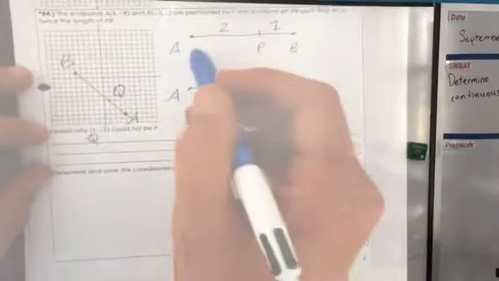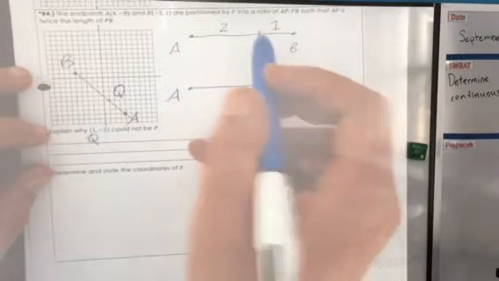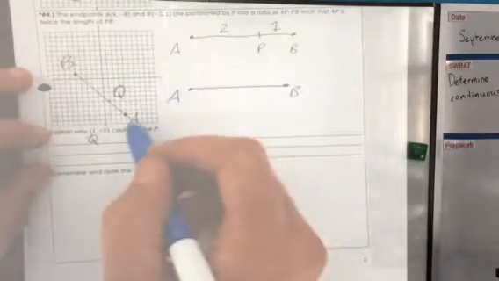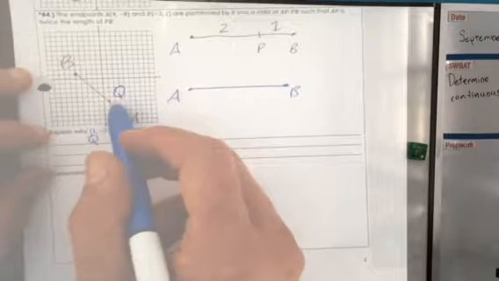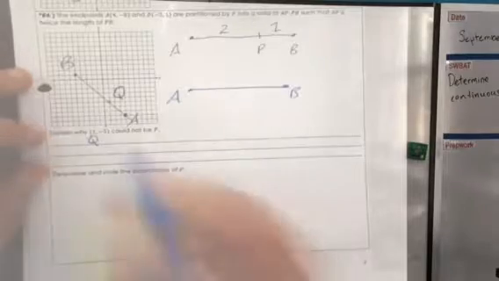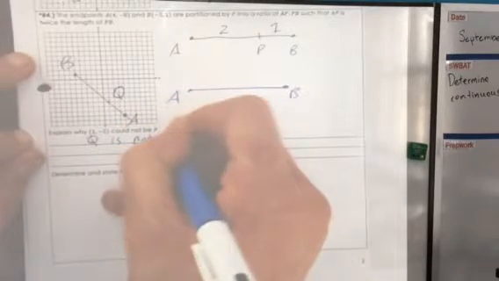So what we would say here is that from A to this partition point needs to be longer than the partition point to B. But you see here A to the partition is shorter than the partition to B. So Q is not the partition